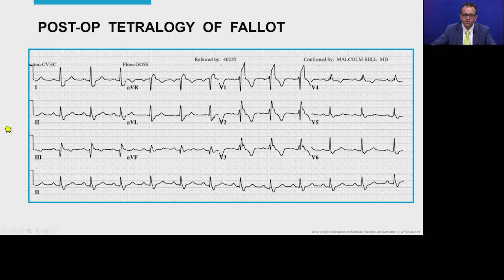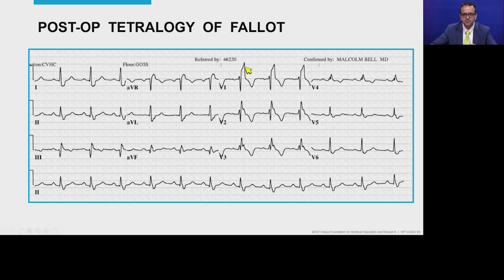Now the important thing for us to note is that there is no real good criteria for diagnosing right ventricular hypertrophy in patients with a right bundle branch block. And the only clue can be the R prime amplitude. So if the R prime is tall, start to think that there is right ventricular hypertrophy in a patient with right bundle branch block. But even more important in patients with tetralogy of Fallot, as you follow them serially,